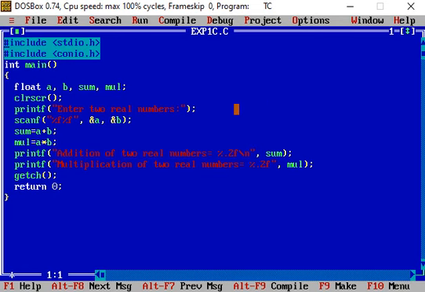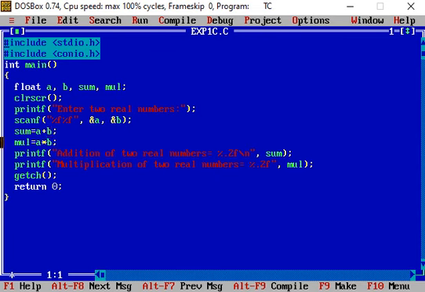When the user reads this message, he or she enters the two real numbers. Those two real numbers are taken in by the scanf function and stored in the variables a and b. Then the next statement, sum equal to a plus b semicolon, adds the two real numbers stored in a and b, and their addition is assigned to the left side variable sum.